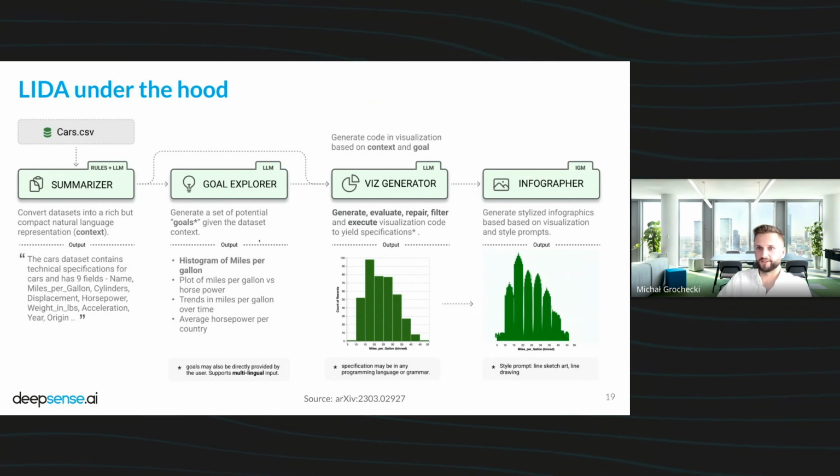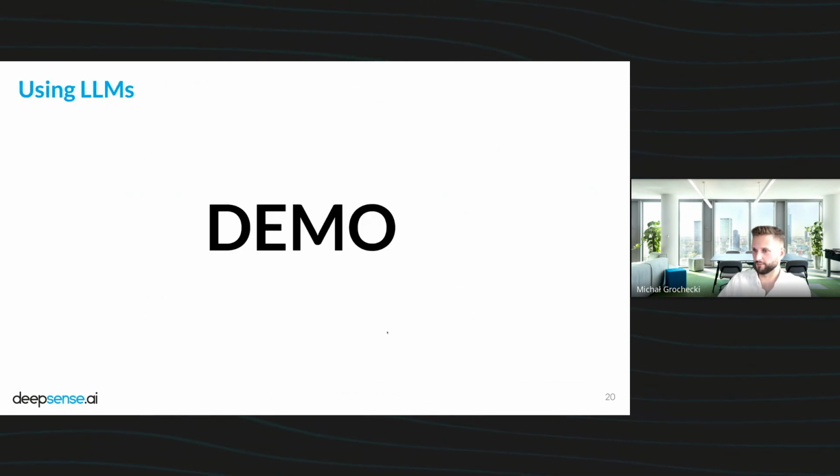Another component is Goal Explorer, which generates a set of potential goals or hypotheses given the dataset context. And finally, the visualization generator is used to generate, evaluate, repair, filter, and execute visualization code. I'm not going to talk about the infographer component as it is in beta and focuses mostly on styling the visualizations. So now let's do a quick demo on those